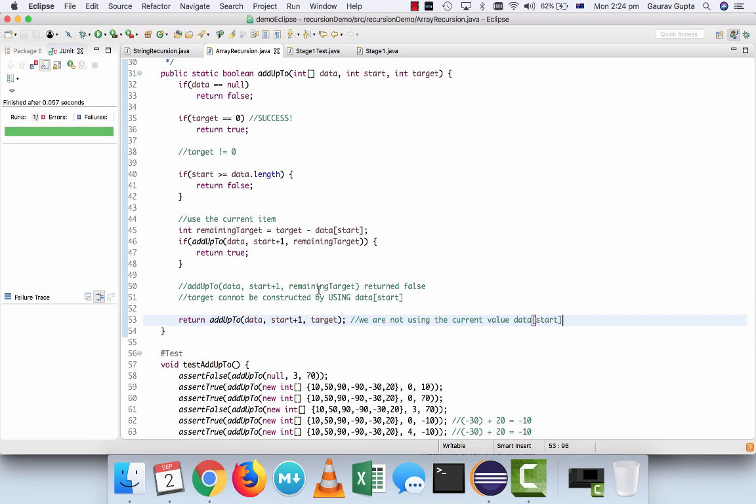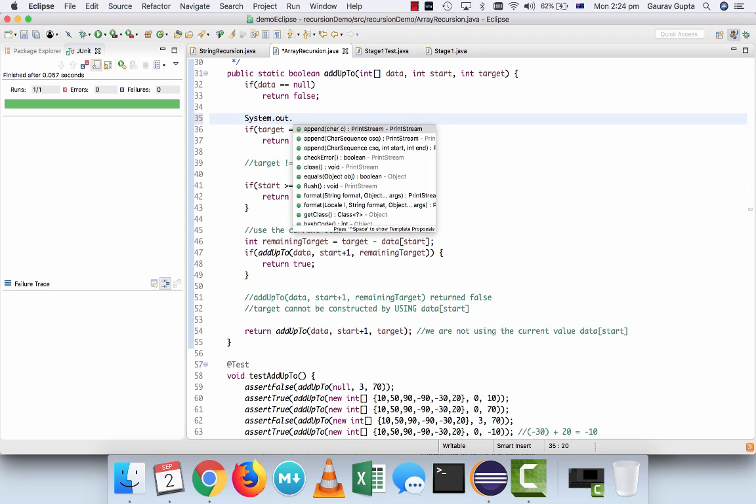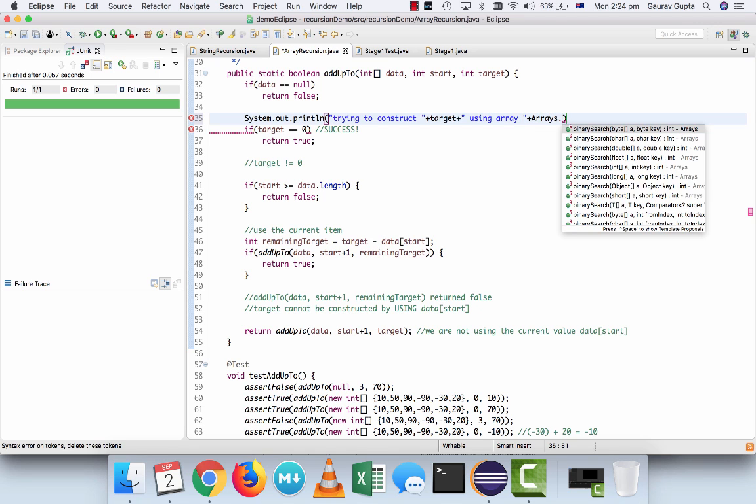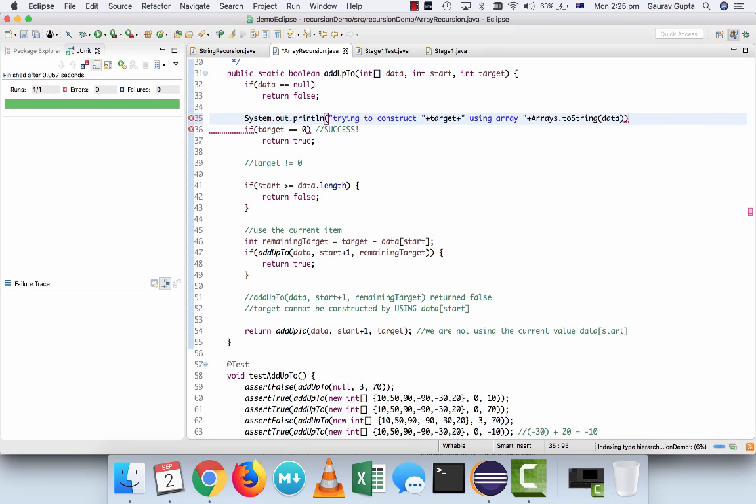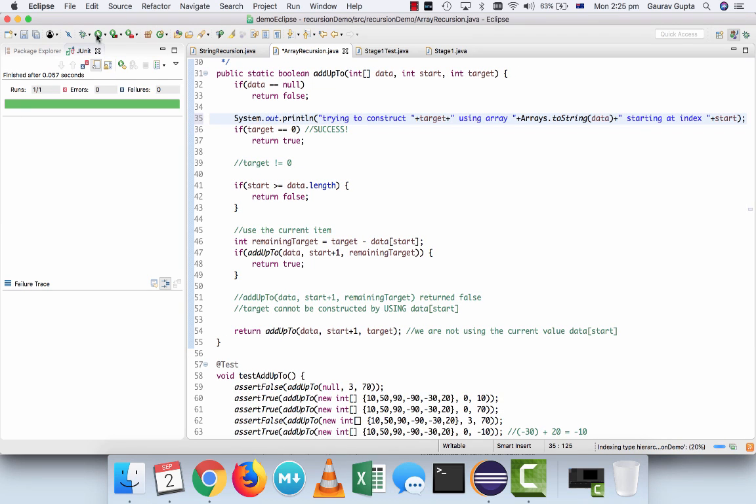When I run this, my tests pass, which is great. It's always a good feeling when the tests pass in the first go. What I'm going to do is I'm also going to add a statement over here, System.out.println, "trying to construct" target "using" Arrays.toString(data) "starting at index" start. So let's just see how these functions are called. When I run this